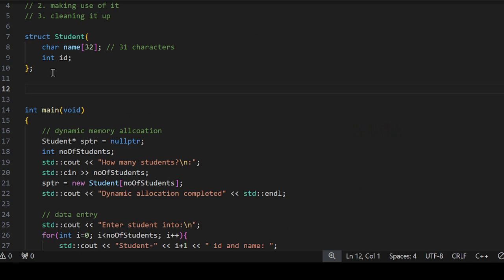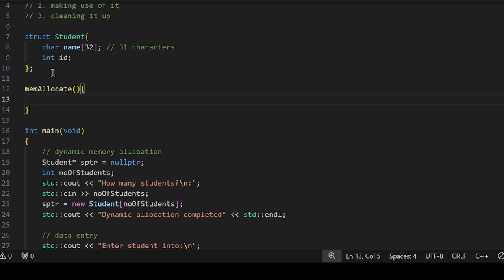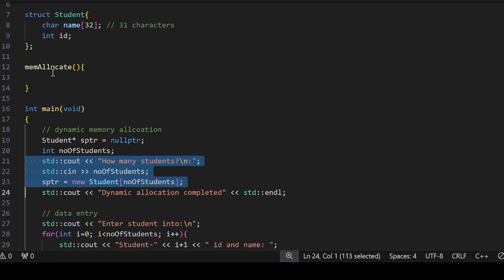Let me call it mem allocate, because this is for memory allocation. And to allocate the memory, I will be putting this entire thing, this code inside the function,